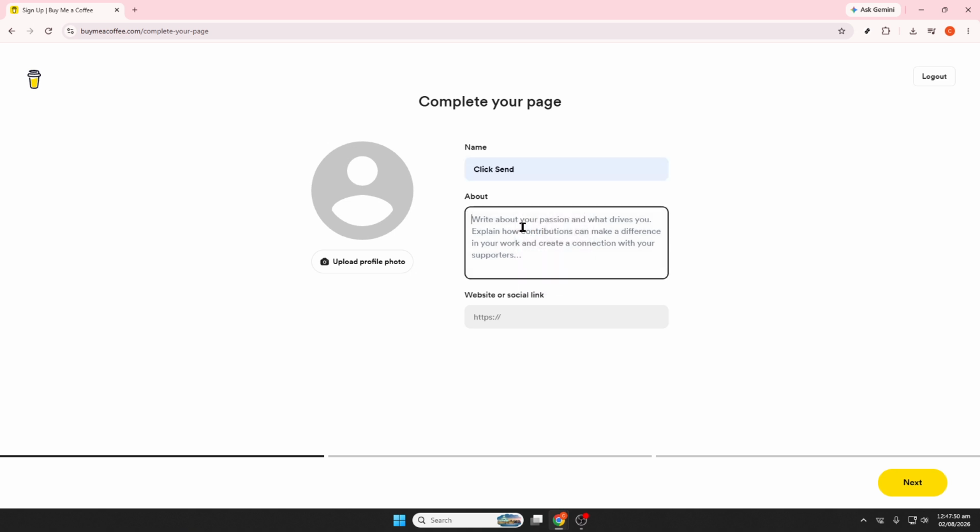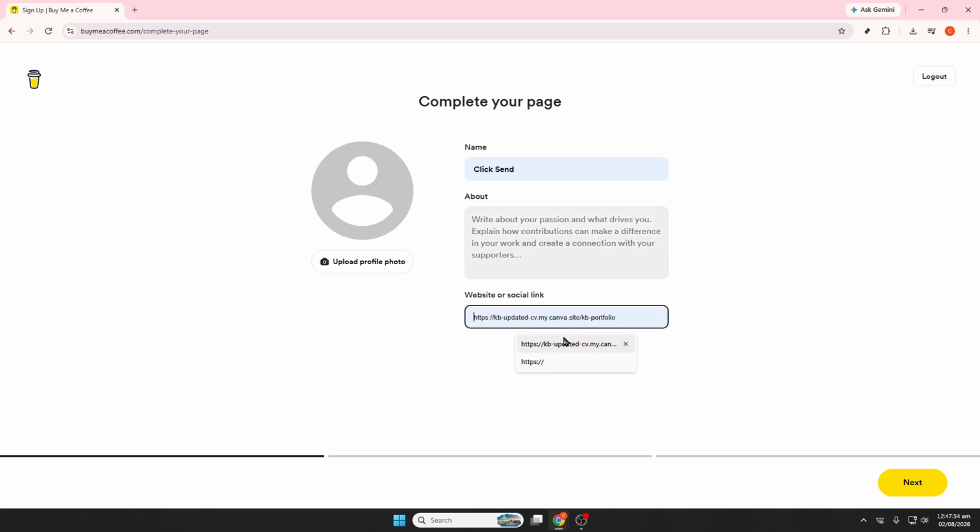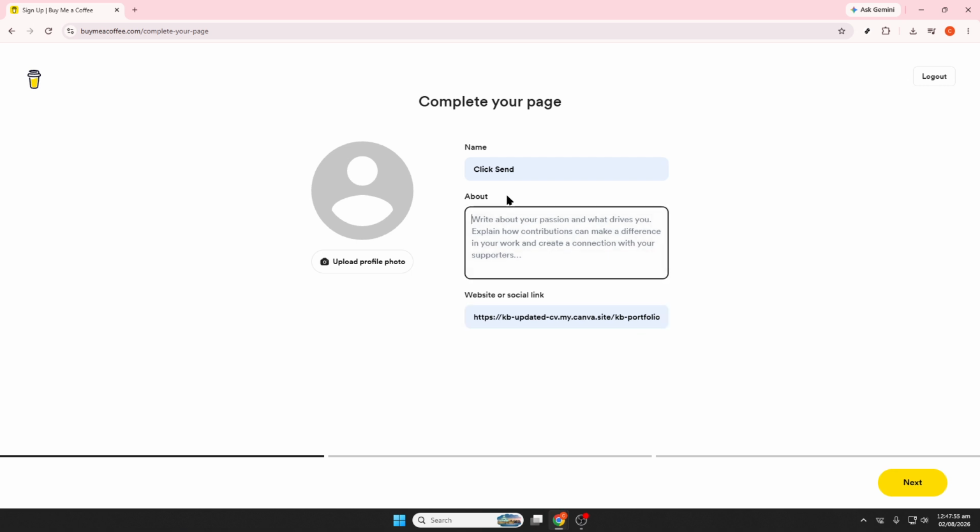If you want to offer more than basic support, you can also add extras, memberships, or digital products. This is useful if you'd like to give your audience additional ways to connect with your work or support you at different levels. Once your page is ready, copy your Buy Me a Coffee link and start sharing it anywhere